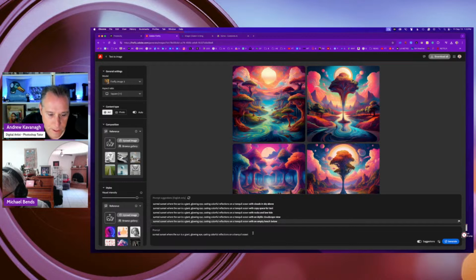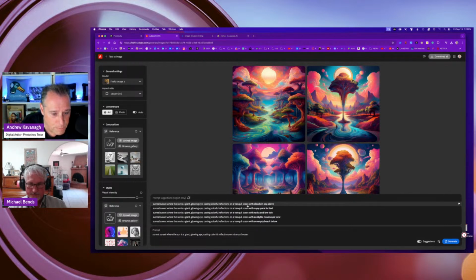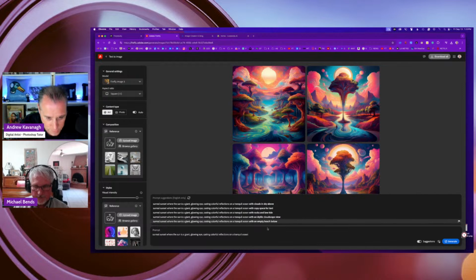And then you'll notice that after typing that in, just above is a series of prompt suggestions, which is nice. So if you felt that you had created the basics of this artwork, but you didn't feel you were descriptive enough, then the prompt suggestions have a little bit extra elements to them. Here they're adding a tranquil ocean with clouds in the sky above. So it's up to you to decide, do you want to keep focused to your prompt, or do you want to enjoy the prompt suggestions that they recommend?